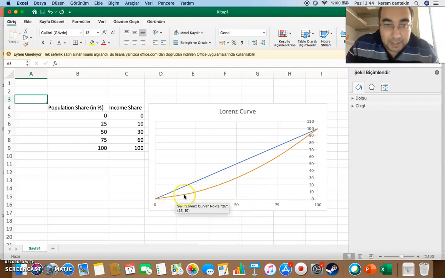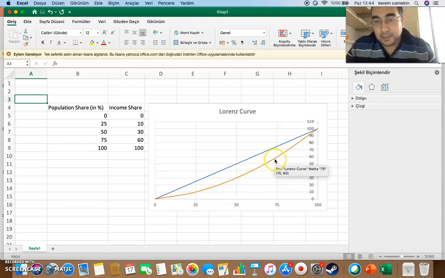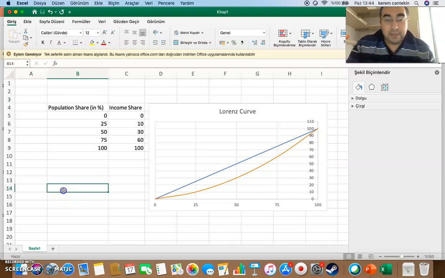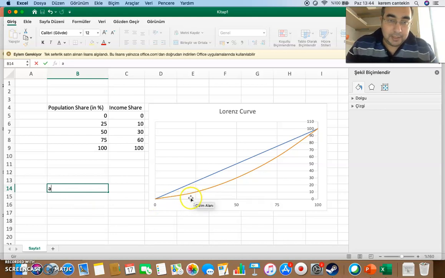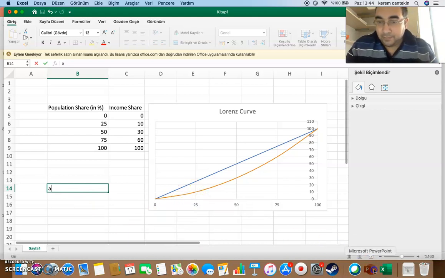So we have here a triangle, here a rectangle and triangle, here a rectangle and a triangle, and at the end also a rectangle and a triangle, basically. So when we calculate the area A, which is, let's say, this area,